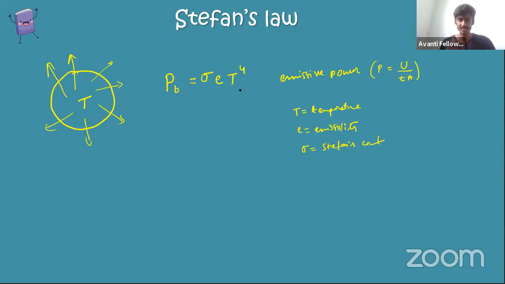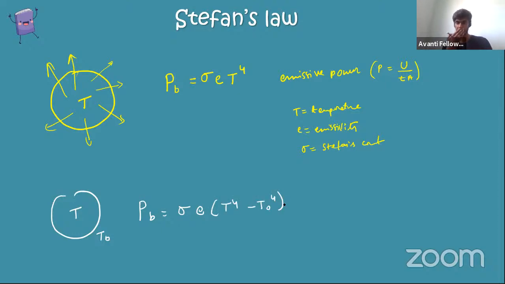Cool. So this is a very simple law. That means the more you increase the temperature, the more power is going to get emitted. This is in vacuum. But what if you have a black body of temperature T surrounded by an atmosphere of temperature T naught? In that case, power emitted will be equal to sigma emissivity times T to the power of 4 minus T naught to the power of 4. That means when there is atmosphere, the emissive power becomes less, because the temperature gradient is smaller. Let's say it becomes a bit less.